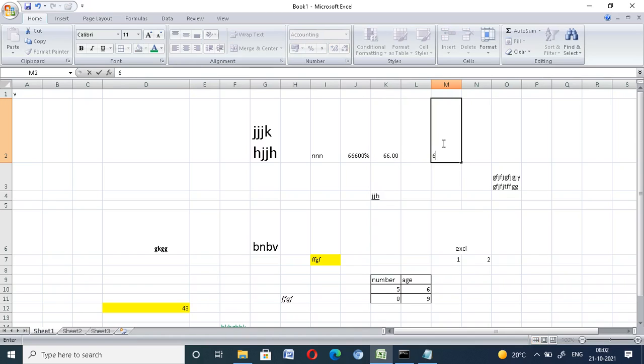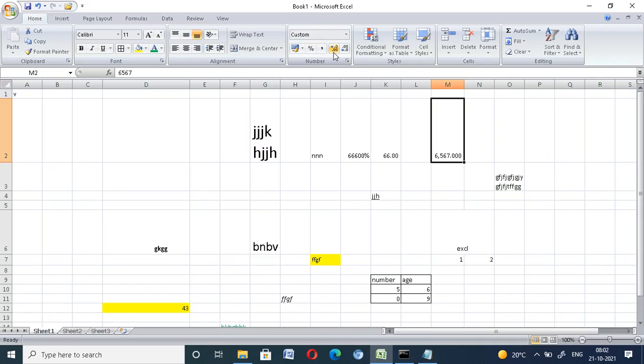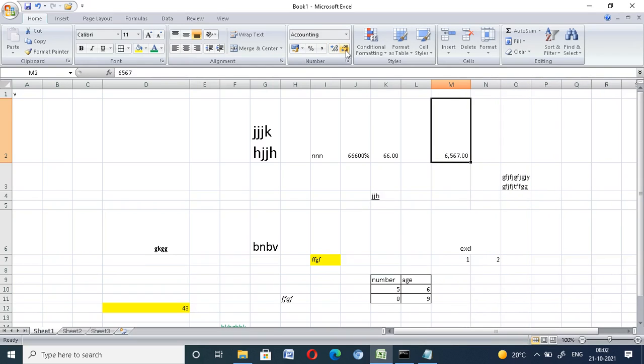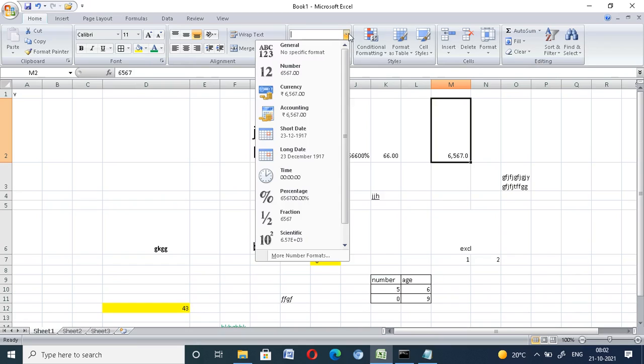Now we can select and increase the decimals, or decrease the decimals. Okay, this number part is complete. Now custom, you can change the number format as required.